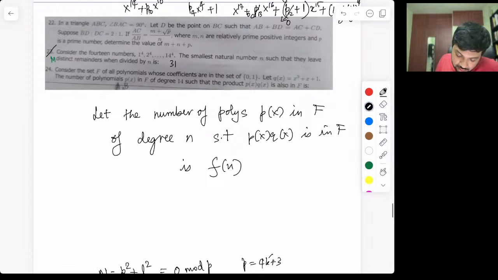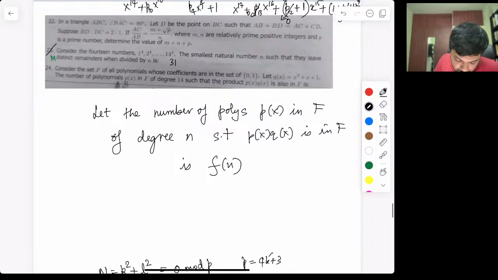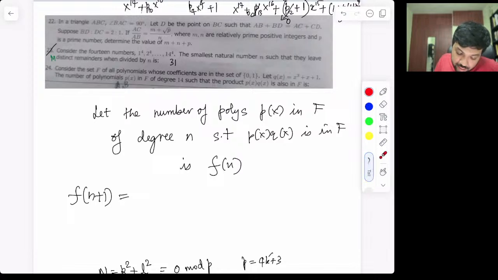Then we note that if you want f of n plus 1, let me write the recursion the way Rishan wrote it. If you have an n plus 1 degree polynomial, then what will happen is that if you take any n degree polynomial with the same property, I can always